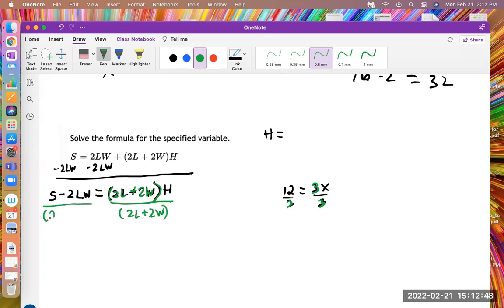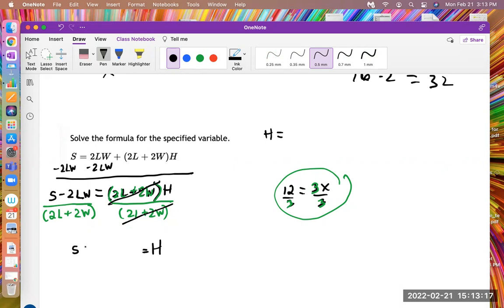Just like I divided both sides by the 3 in this problem, I have to divide both sides by whatever is in front of the h. Now these are going to cancel. And on the other side, I'm going to get S minus 2LW over